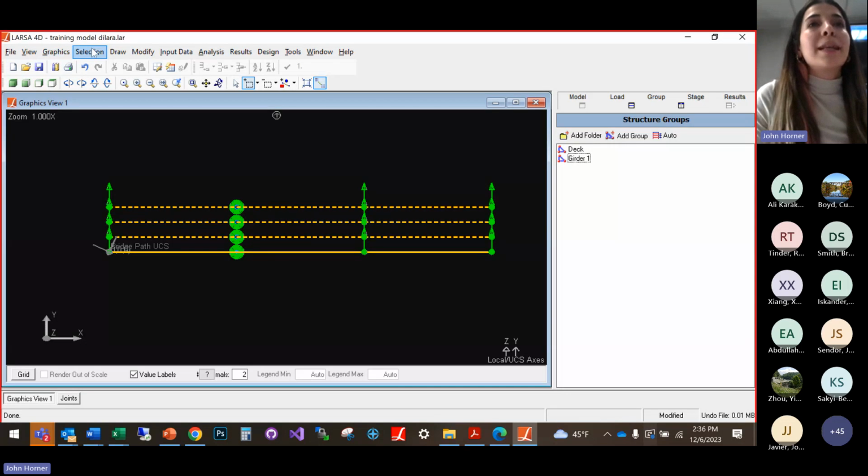You can go to selection at this step while your girder is selected. You can go to selection,